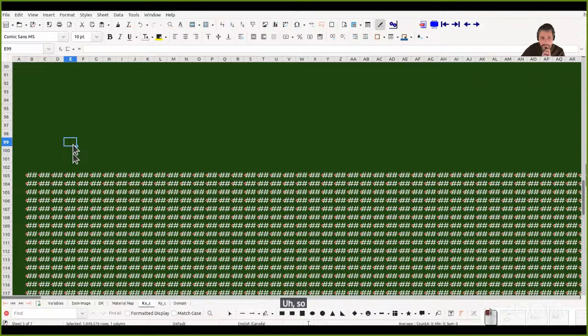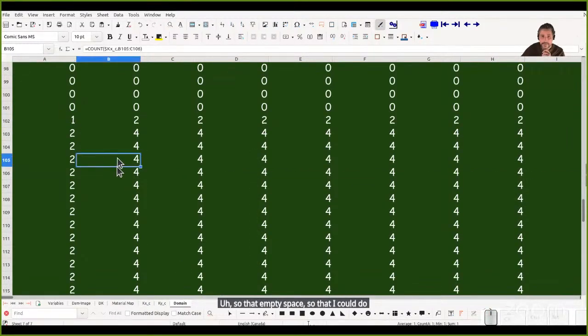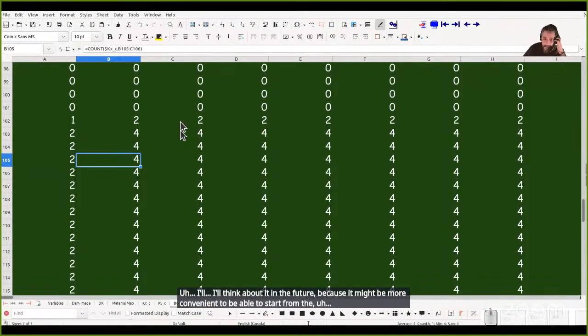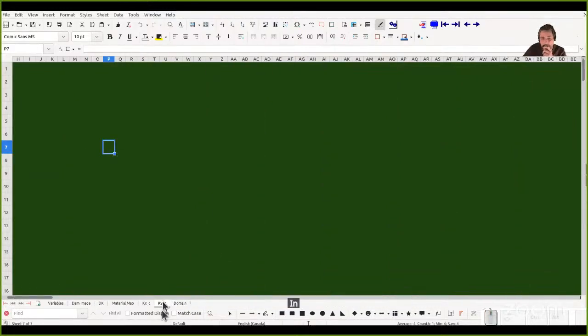So that empty space so that I could do this little finagling. I suppose I could have done it from the other end too, which is something I could think of in the future, actually. I'll think about it in the future because it might be more convenient to be able to start from the end. In any event,